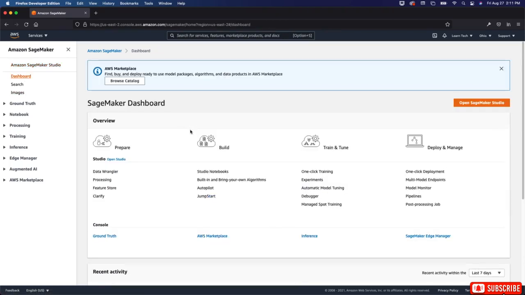All right, welcome back. In this video, we're going to talk about the dashboard. In the dashboard, you can prepare, build, train and tune, and deploy and manage. So we can open Studio, we can do Data Wrangler, processing, Feature Store, Clarify, build Studio notebooks, built-in and bring your own algorithms, Autopilot, JumpStart, train and tune, one-click training, experiments, automatic model tuning, Debugger, managed spot training, deploy and manage, one-click deployment, multi-model endpoints, Model Monitor, pipelines, and